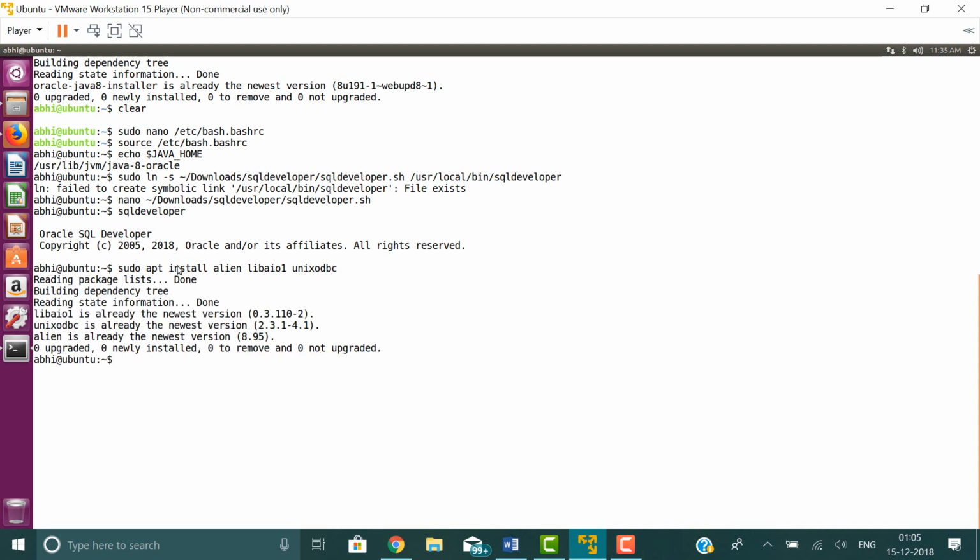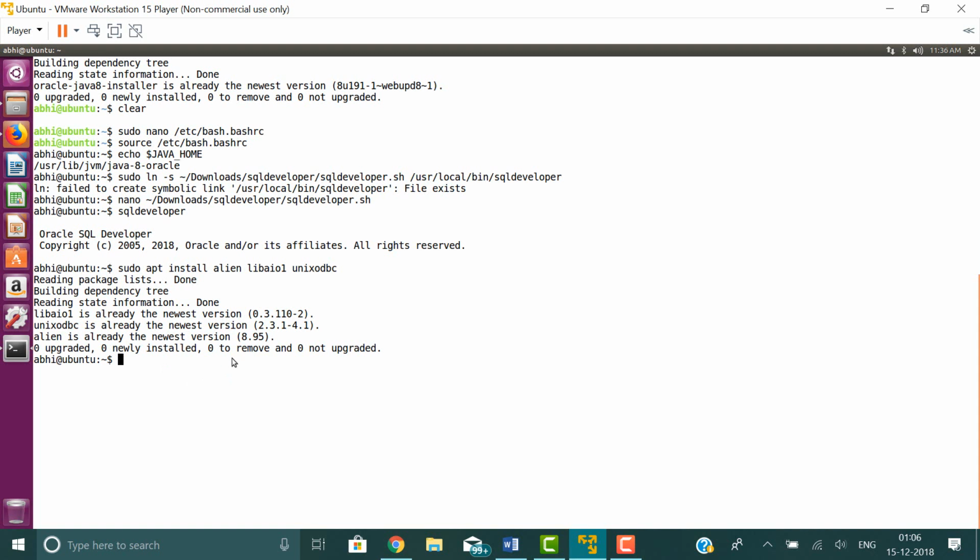So in my case it is already there. I have already installed these packages because I have set up the database in my system. So in your case it will take roughly 10 to 15 minutes to install all these packages depending upon the network bandwidth. So once these packages have been installed, next step is to download the Oracle 11g R2 Express Edition